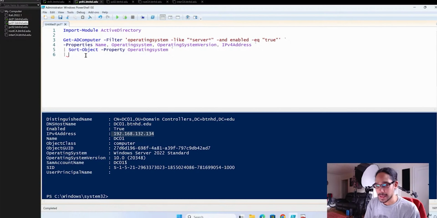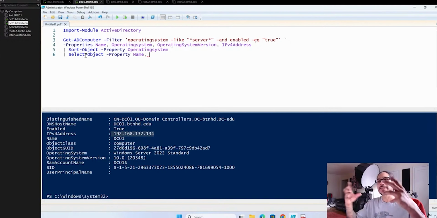So the next command is we are going to call Select-Object, and we're going to do a parameter of Property, and we're going to do the following. It's going to be Name. This is the stuff that we want to actually export to a file. I like to export this stuff into a spreadsheet, and then I organize it, and I have a nice little list of all the servers within the infrastructure.